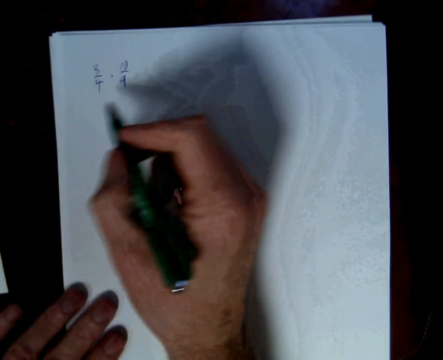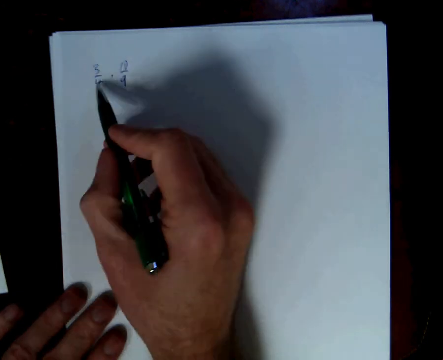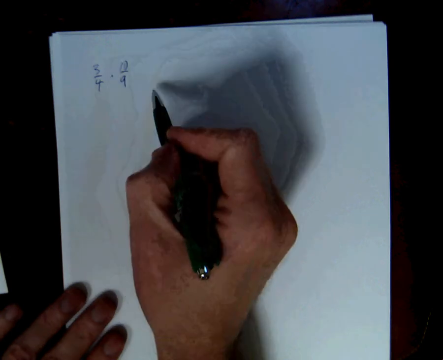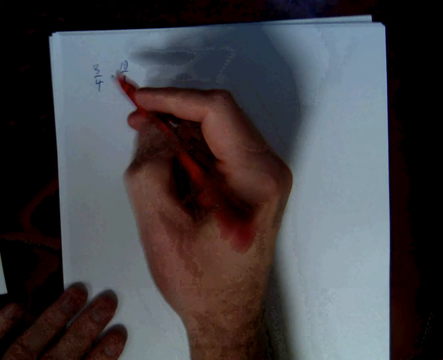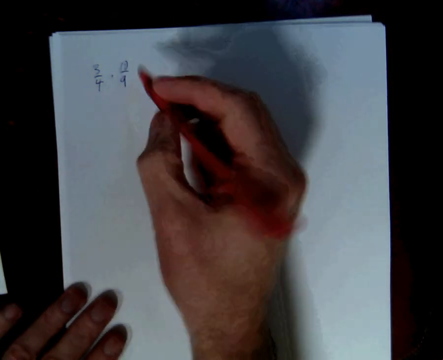So, one way to simplify this is, when you're multiplying fractions, you multiply across, multiply top, multiply bottom. So you could get 30 over 36 and simplify. But what you're going to find is it's a lot easier if you can reduce as you go along, meaning